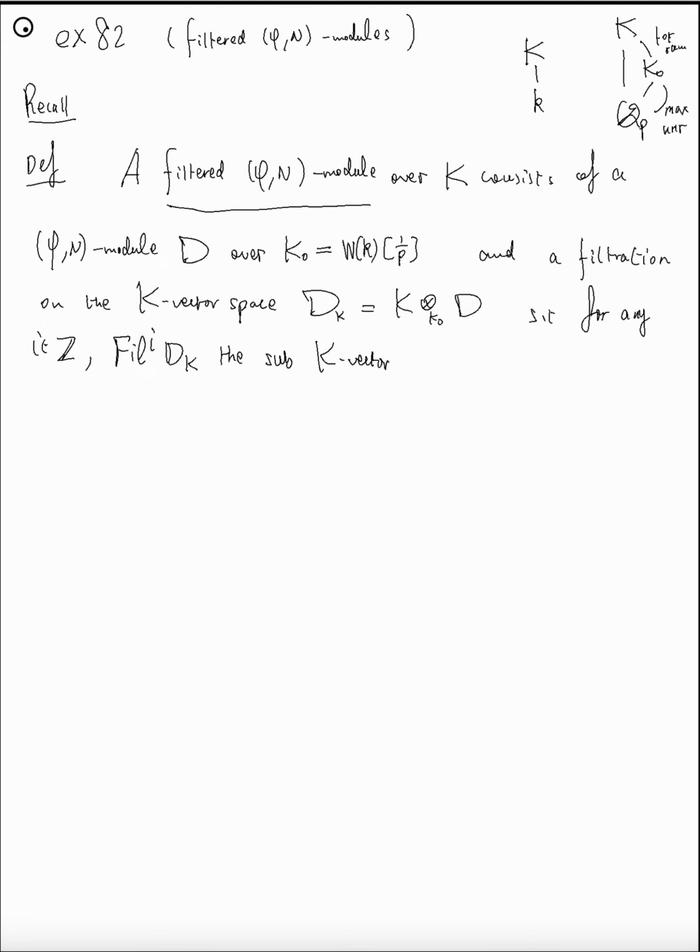So there are sub K-vector spaces of D_K satisfying, firstly, Fil^(i+1) D_K always contained in Fil^i D_K, which means you have a decreasing condition.